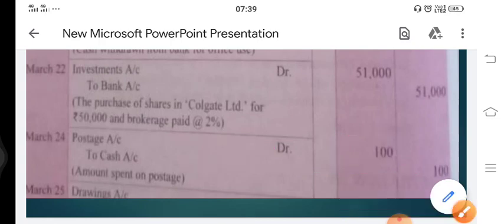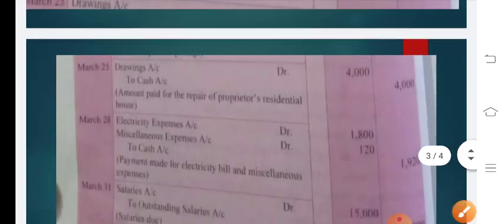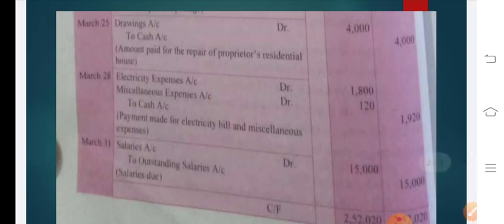Do understand it very clearly that we have paid the amount to Ashok. Now who is Ashok? Ashok can be any person who would have repaired Ganesh's residential house. But since Ganesh is a businessman and his house got repaired, for which payment is made from business, that means it's a drawing. So the journal entry will be